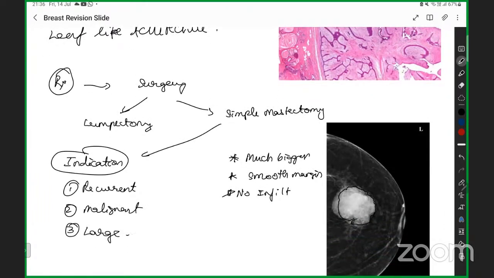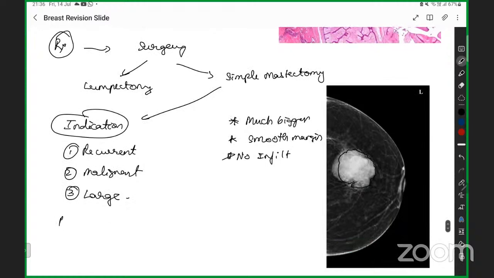You know, right? I told you already one concept: the breast and chest ratio you're going to take. If it is more, then you will prefer a simple mastectomy. Now moving on towards the treatment. In this case, you will be doing an excision with margins. You're going to cut the margin at least 1 centimeter.